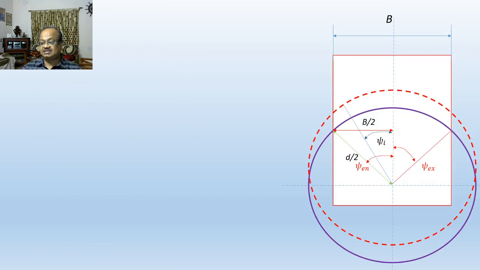So this is the same view. This is symmetrical milling. So this is B by 2, this is D by 2. From this geometry we can find out the entry and exit engagement angles. They would be numerically the same. So to find them out,